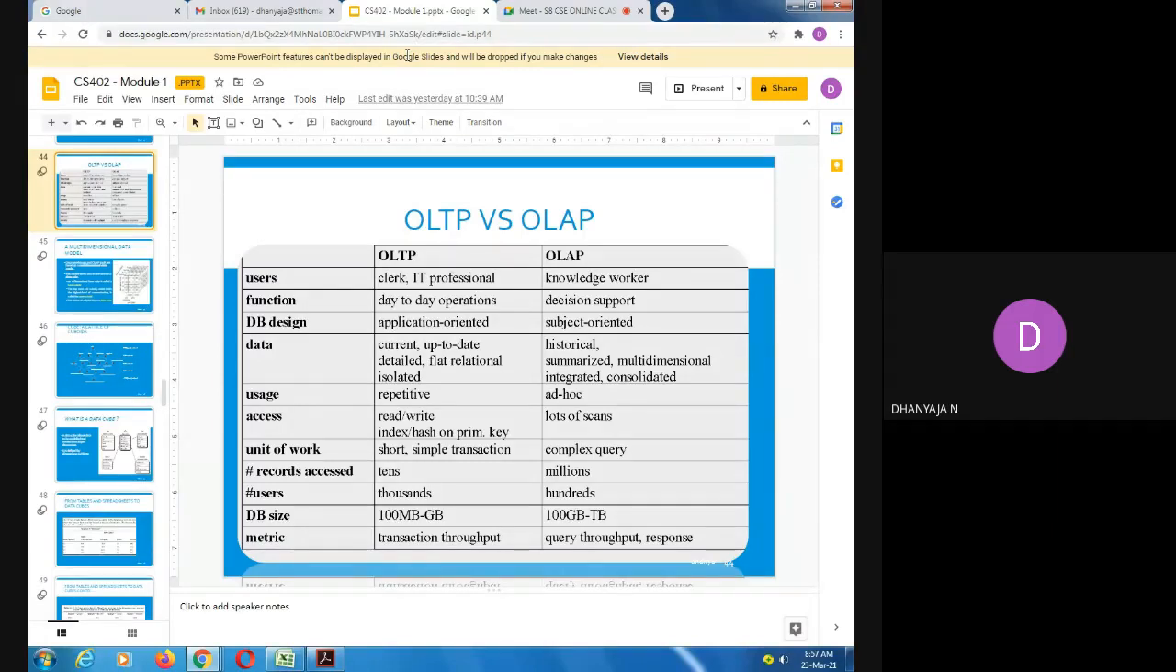So, in this class, we will discuss the main difference between OLAP and OLTP, and what is meant by OLTP. Online transaction processing is OLTP and OLAP is online analytical processing. So, where we will use this OLAP and OLTP? OLAP means online analytical processing. Here you can see there are